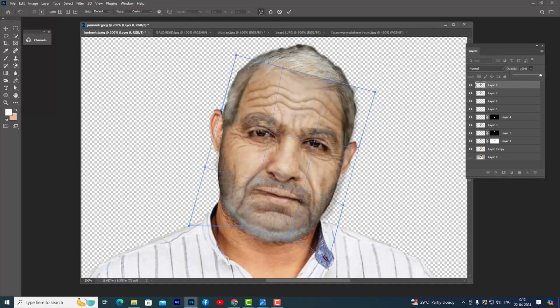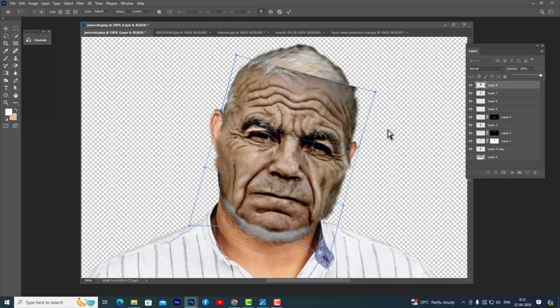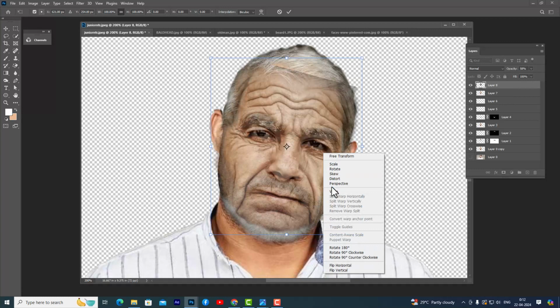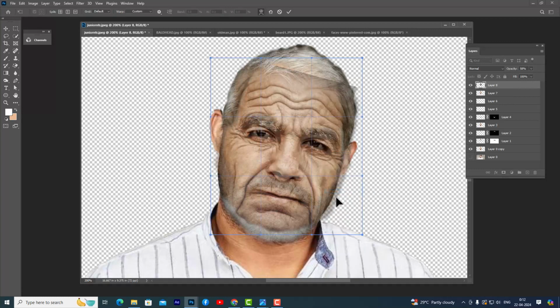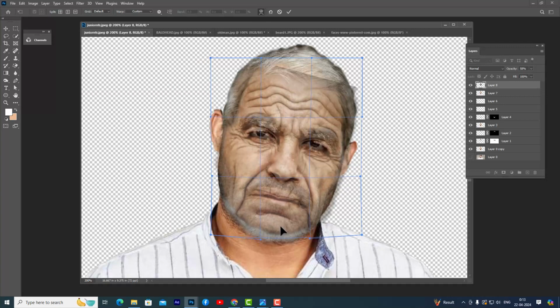Right, and we can also just activate the warp again. We will just move this portion, the right side portion, a little bit inside the face. Right,